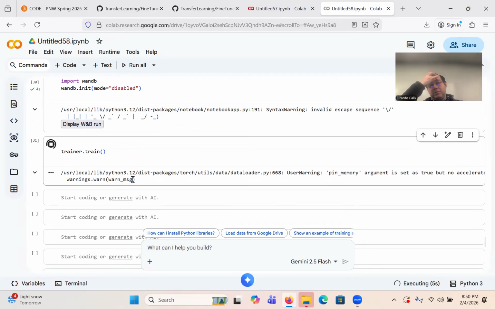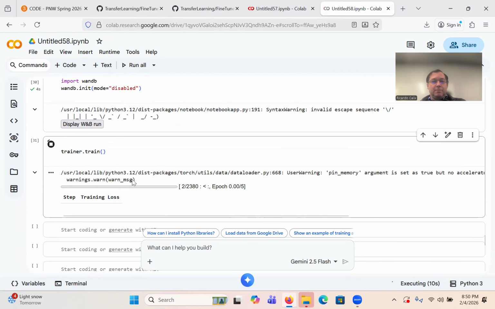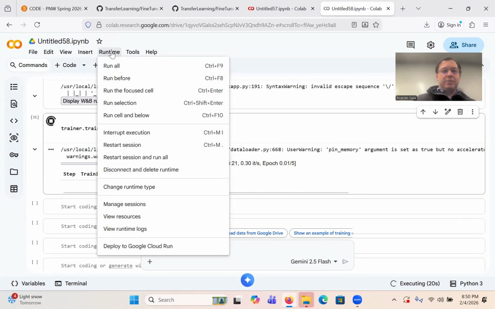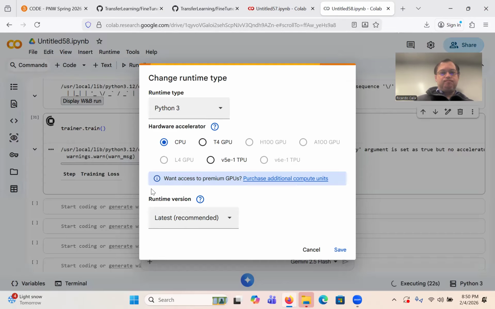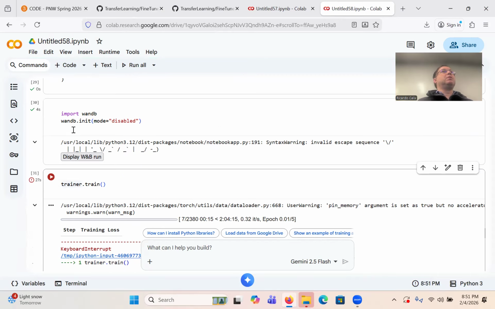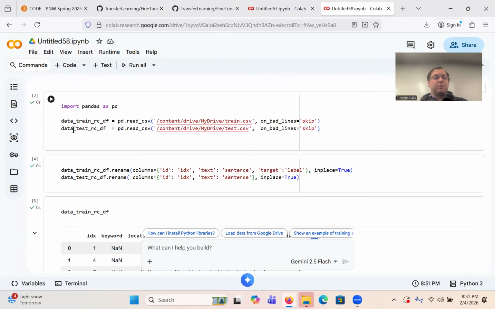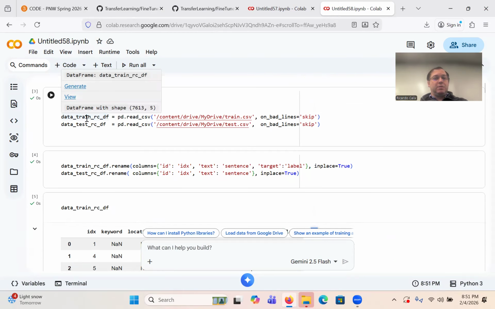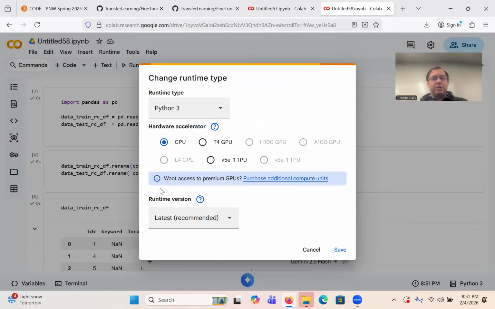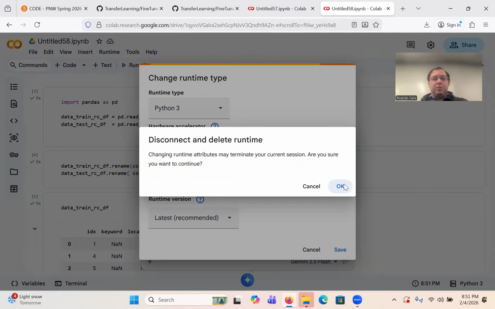Let's see how fast it goes. Three, 4. It's going slow, right? I think the runtime is still CPU, I want to say. Yeah. So it makes sense to switch to GPU so that it's much faster. I don't remember this being slow when I tried it. So we'll just have to rerun this. So change the runtime, T4 GPU,